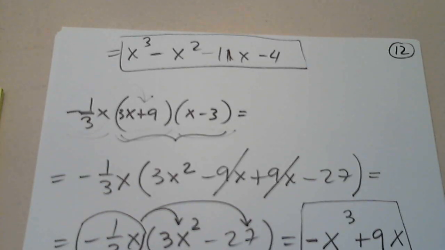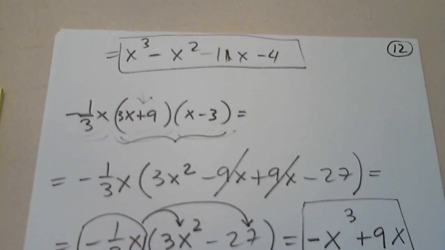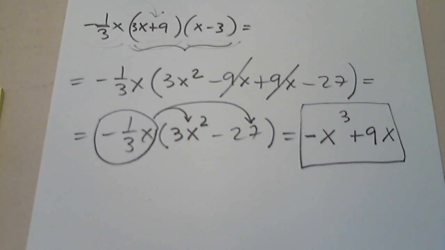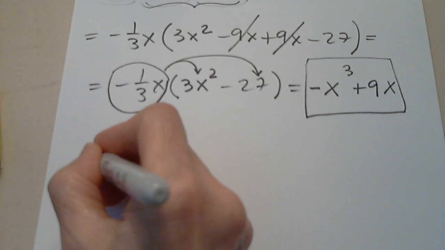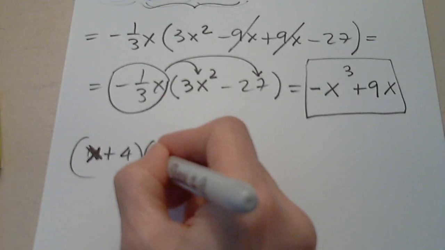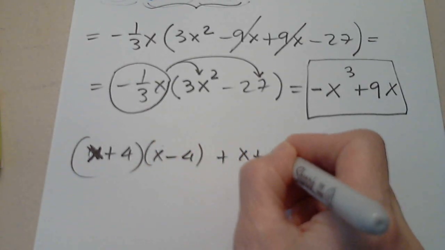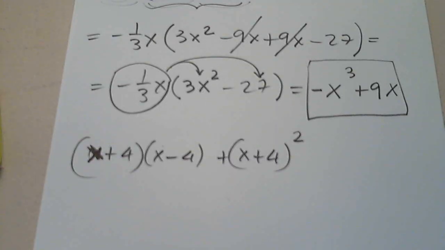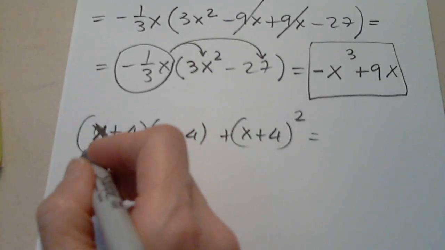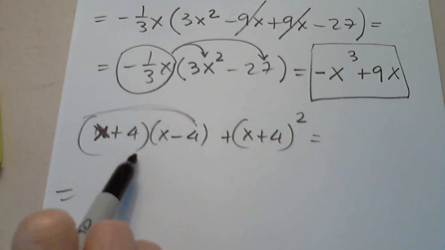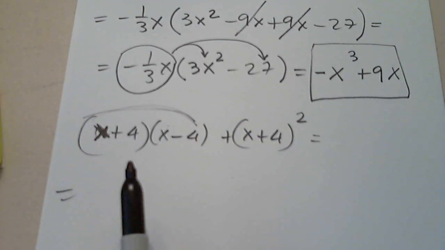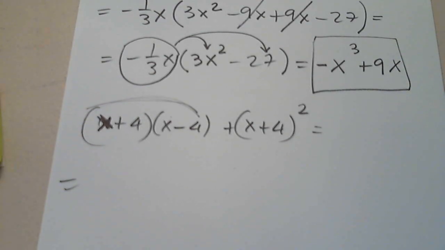Okay, we had an example like this. Together, look at it and say yay or nay. Sure. Okay, so here we have n plus 4 and n minus 4. Let me change it to x, it's easier to understand my handwriting. Sorry about that. And x plus 4 squared. I know a special product for this, and I'm going to get it right away. I'm not going to FOIL it. I know the special product. X plus 4 times x minus 4 is